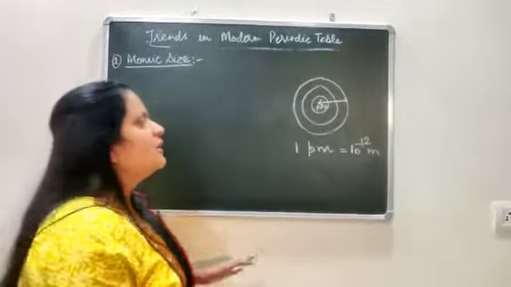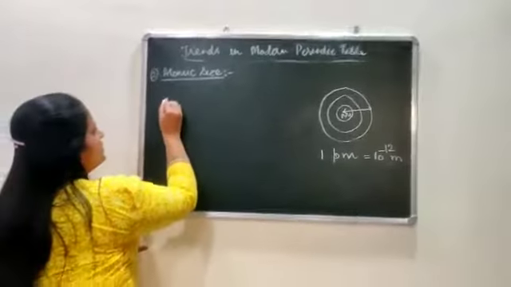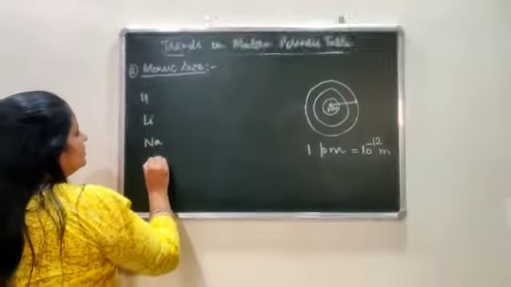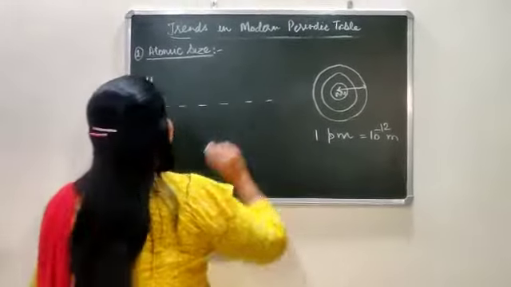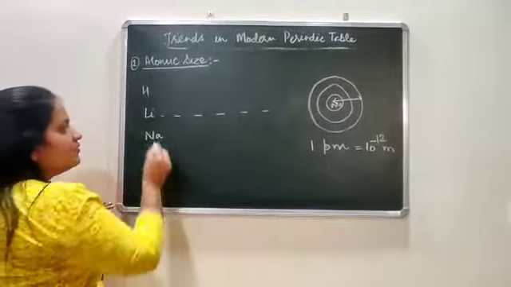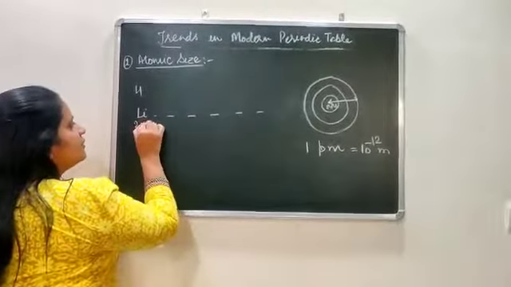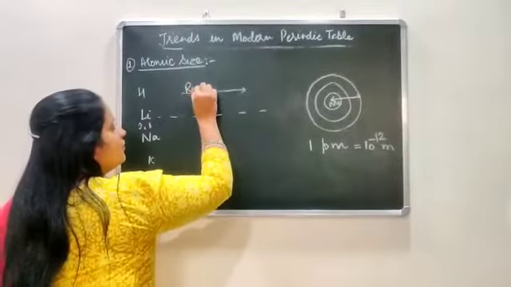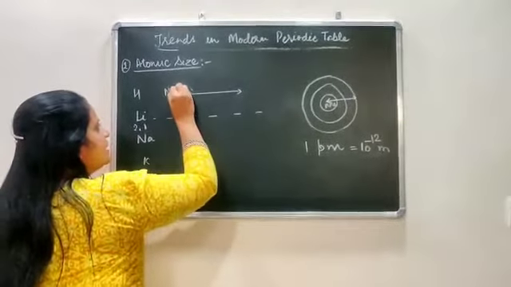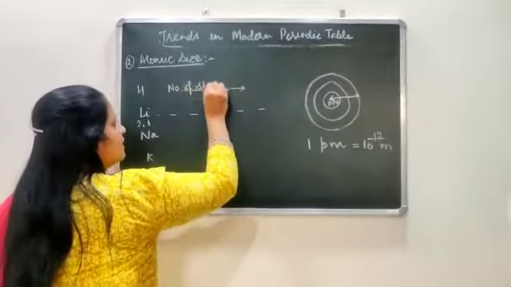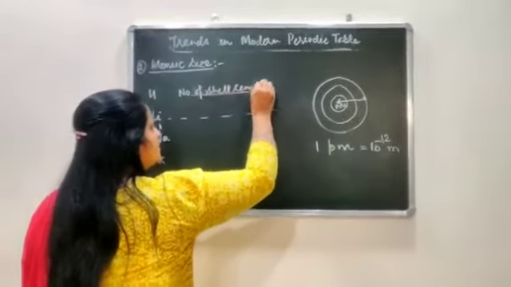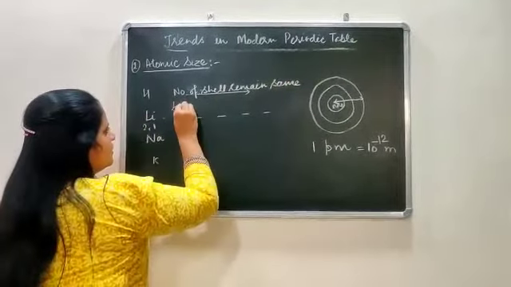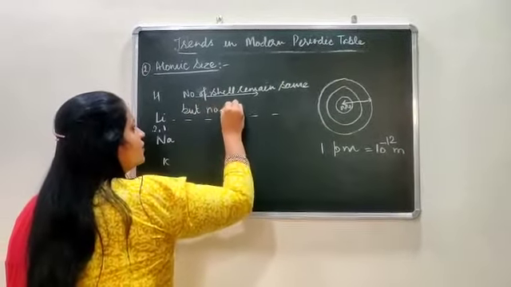So if you remember the periodic table we just discussed, if we take these elements, lithium, sodium, potassium, what we are saying is that when we are moving left to right, the number of shells will remain the same, but